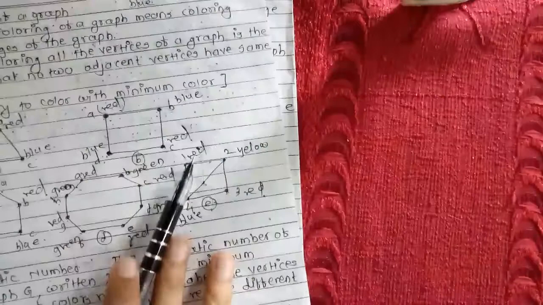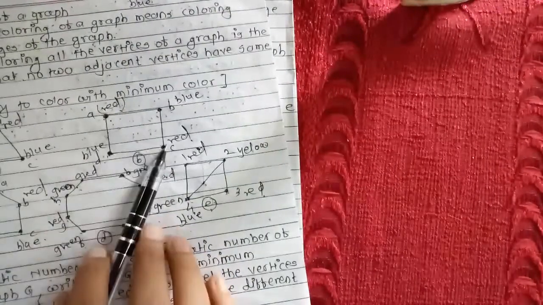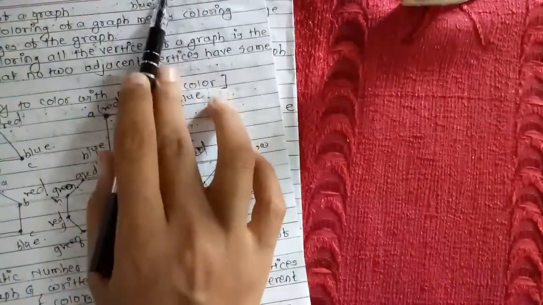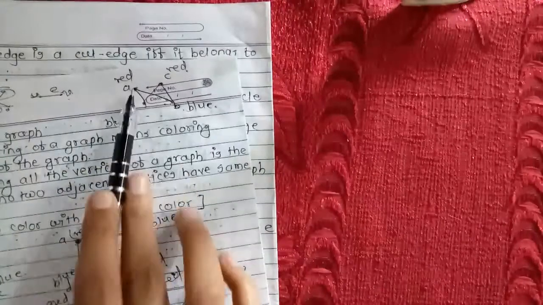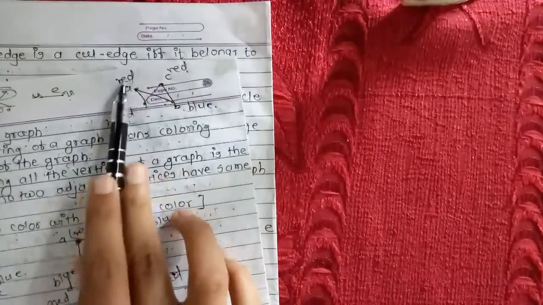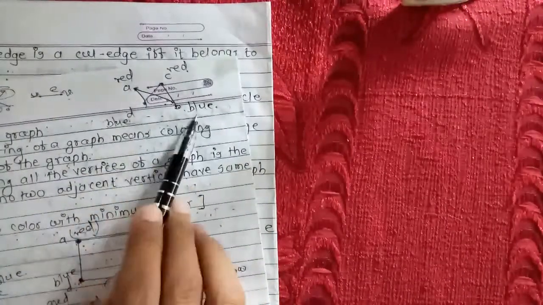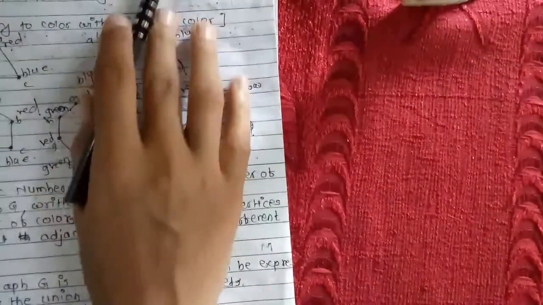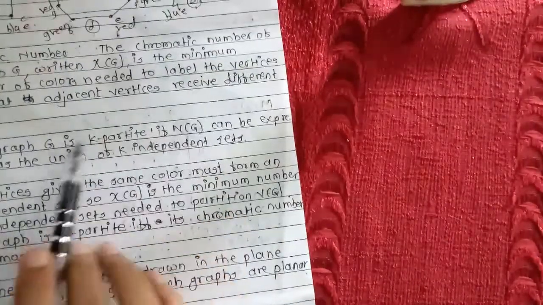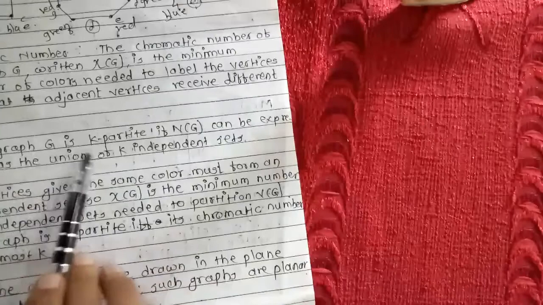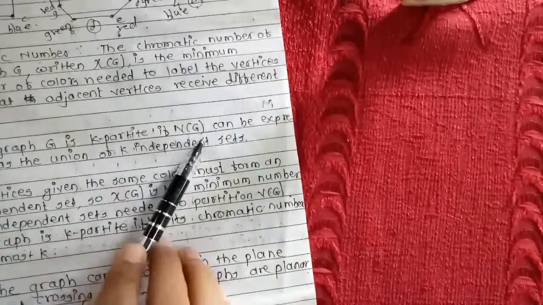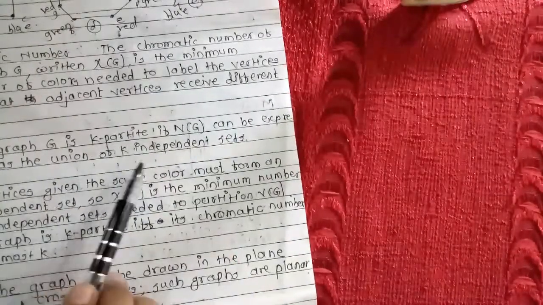Therefore here we require two different colors. Therefore we have two independent sets here. One set is of red color and the second set is of blue color. Therefore we call it a bipartite graph. A graph G is k-partite if the vertex set of G can be expressed as the union of k